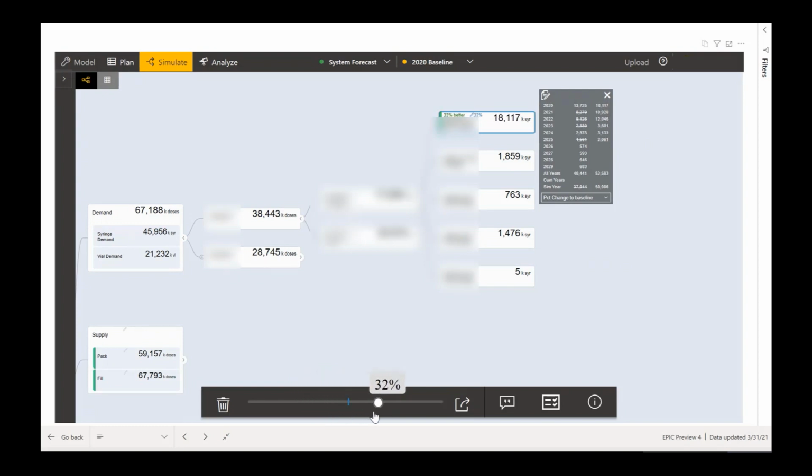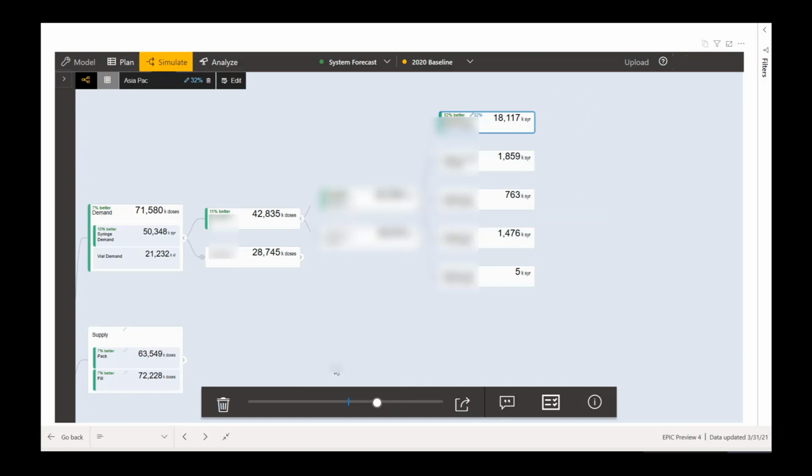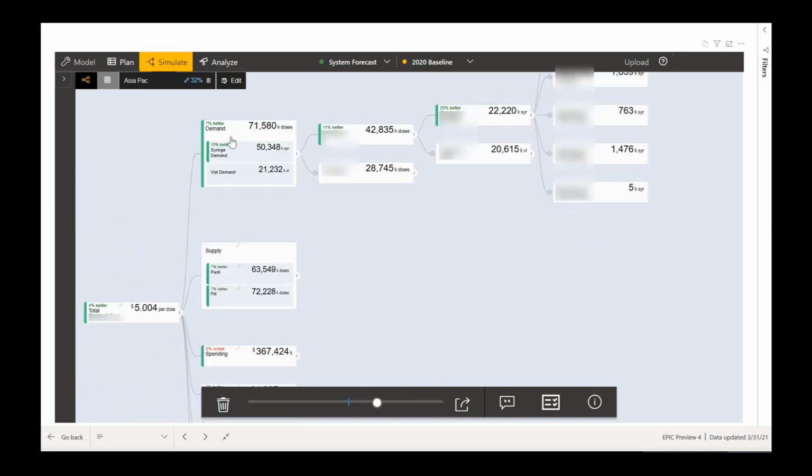So you can change it over the time frame. You can pick the time frame you want to change just by sliding a slider, or you can manually enter your new figure and release it. What happens is once you release it, the model calculates all of the implications to demand, but if you look, it also has